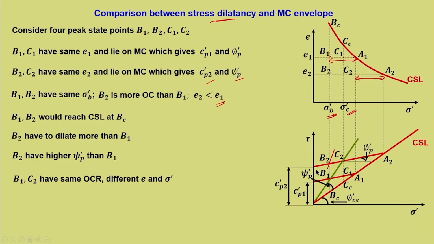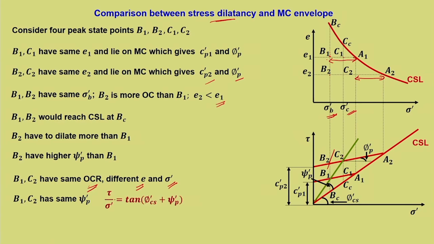So both B1 and C2 have the same dilation angle. Now, this is possible only if the over consolidation for B1 and C2 is same, and that is why we say that B1 and C2 have the same OCR, but different E and different sigma dash. Earlier case we discussed for the same sigma dash. Now here we have different E and different sigma dash, but OCR remains same. Now B1 and C2 have the same psi dash P,